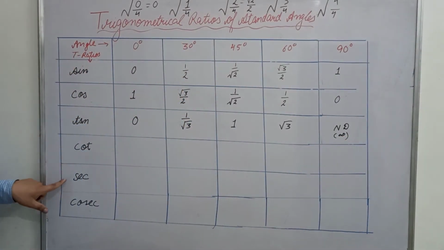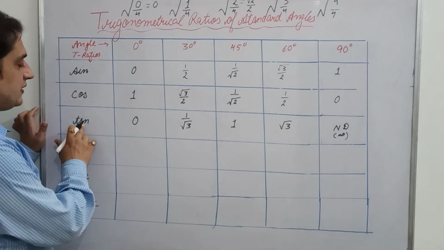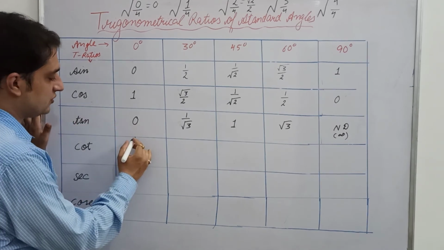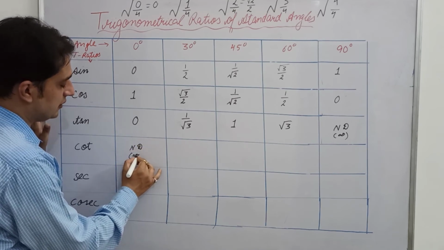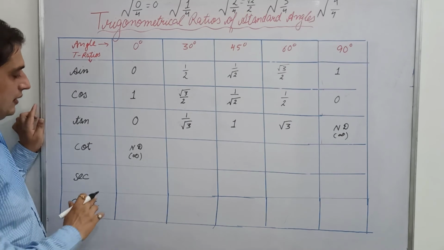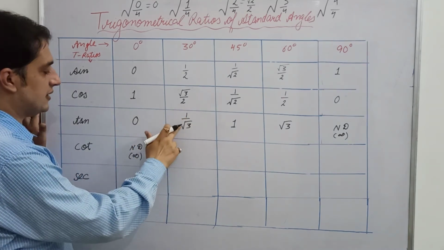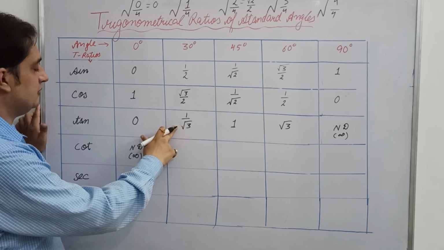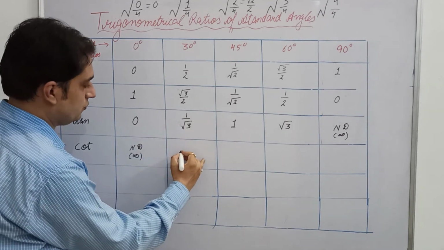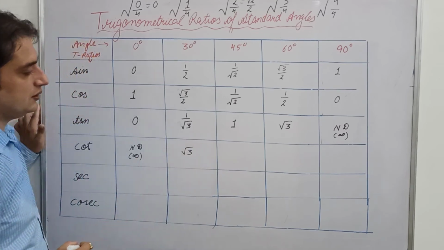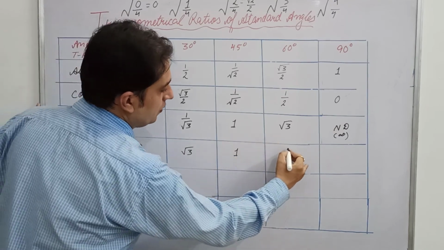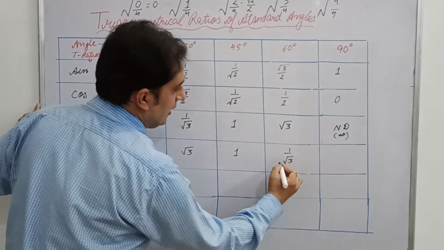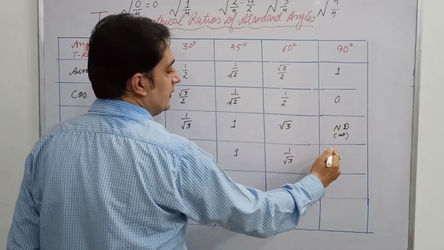Now the rest of the t ratios you can find by taking a reciprocal. So cotangent is the reciprocal of tangent. What is the reciprocal of 0? That is 1 by 0, that is not defined, so you can write this symbol, infinity, for that one. Then take the reciprocal of tangent of 30 degree, that is root 3. So this is the value of cotangent 30 degree. The reciprocal of 1 by root 3 is root 3, and the reciprocal of infinity is